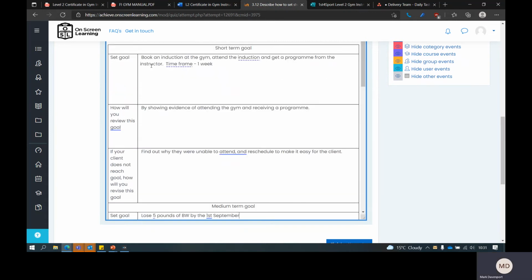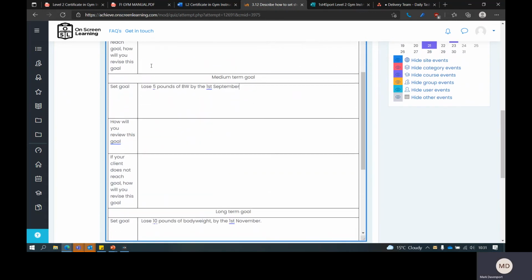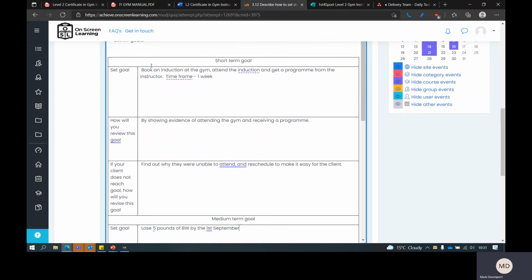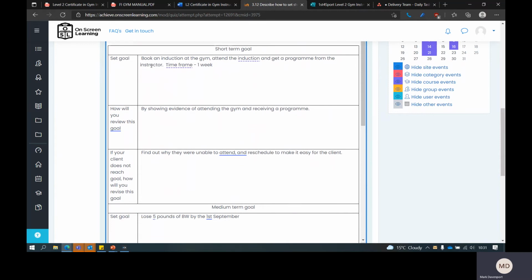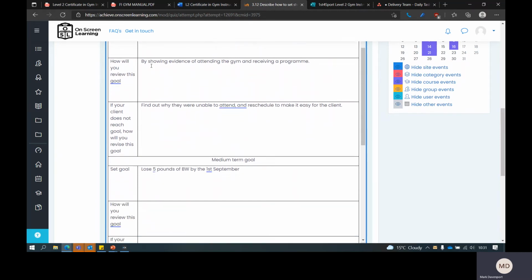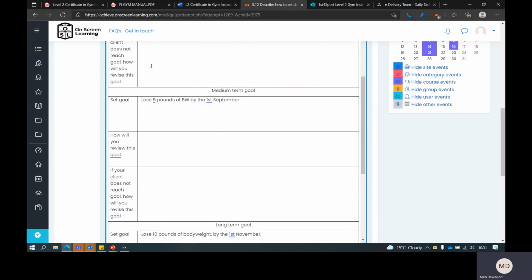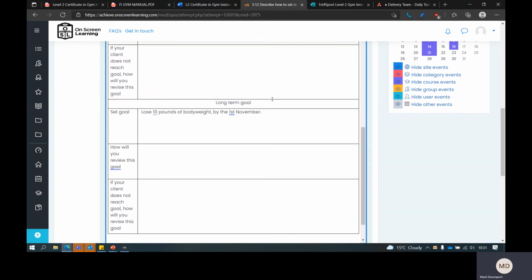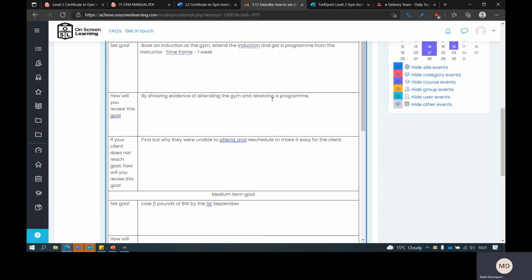Then you can see once you've completed that, it'll sort of run on. So straight away, in this next week, you want them to book an induction, attend the induction, and get a program. Then that'll move on to, if they're consistent with that program, losing £5 of body weight and then £10 of body weight leading up to the 10th of November. So that's just a little example of how to set goals.